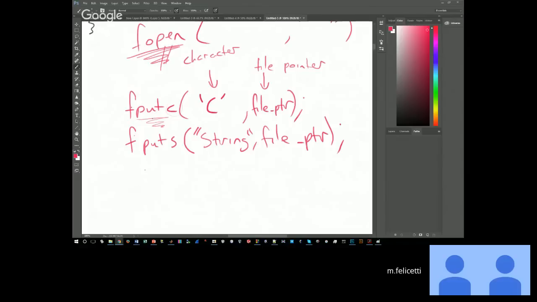Okay, so instead of our normal printf, for files, we can use fprintf. The only difference with this is that the first argument